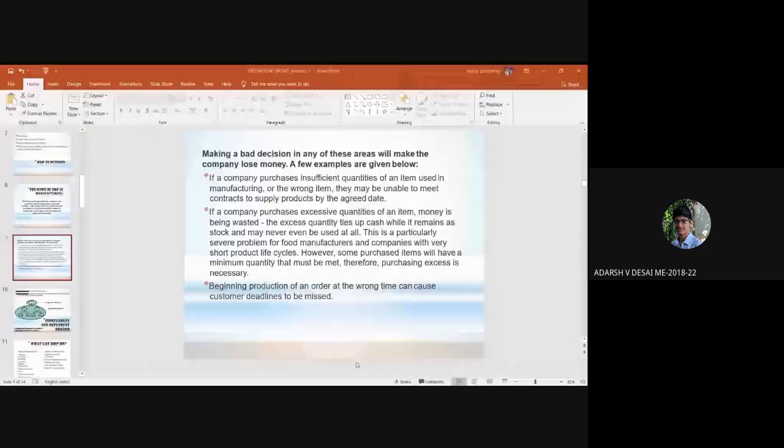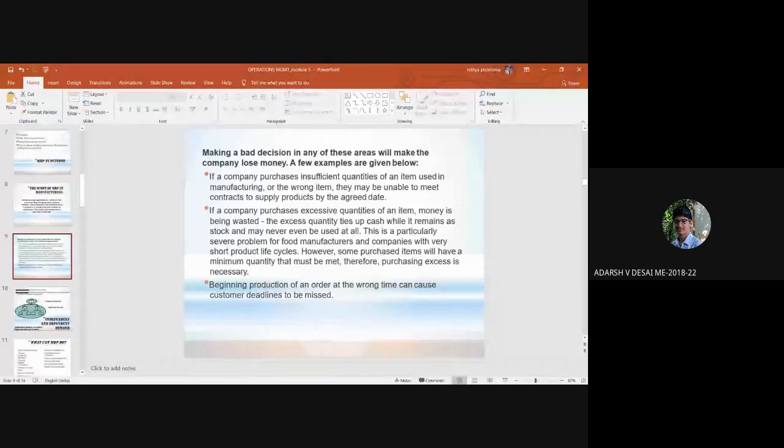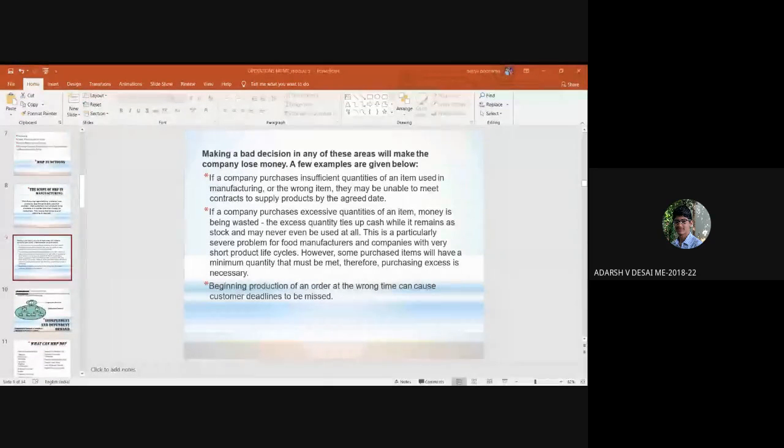Ma'am, if a company has purchased insufficient quantities of any raw product, which was going to be made into a manufactured product later, they wouldn't be able to complete the manufactured product in time. Okay. And usually the companies have contracts with sellers, the people who actually sell the manufactured goods, and delivering the goods late would be a loss for both parties. Yes, that's correct.